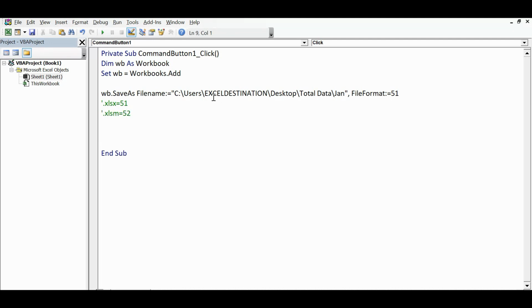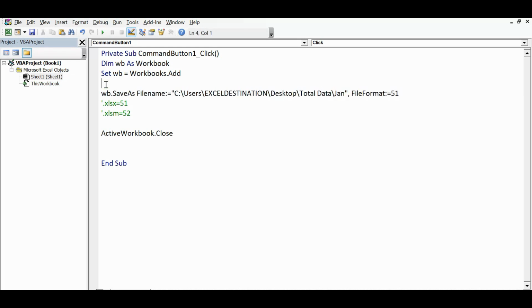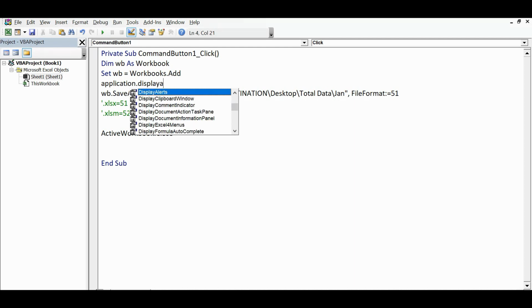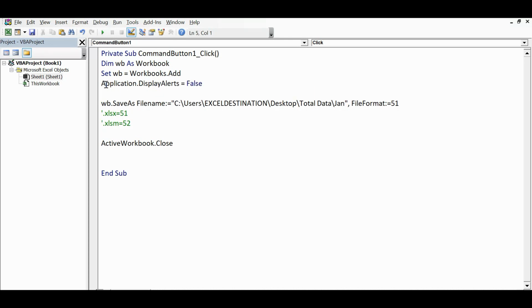Now once the file is saved, we can close that newly created workbook. For that, ActiveWorkbook.Close. Now to avoid any message, before this line let me write Application.DisplayAlerts = False.